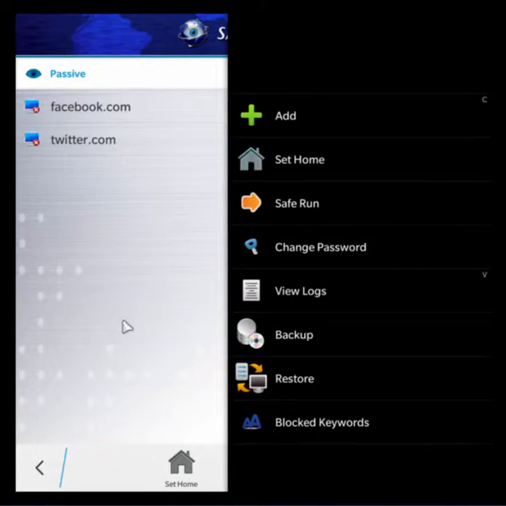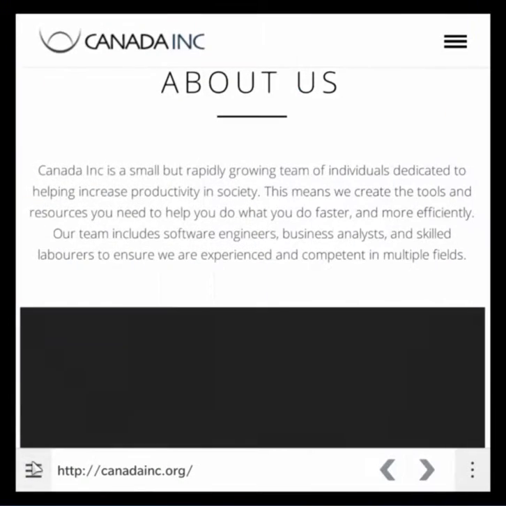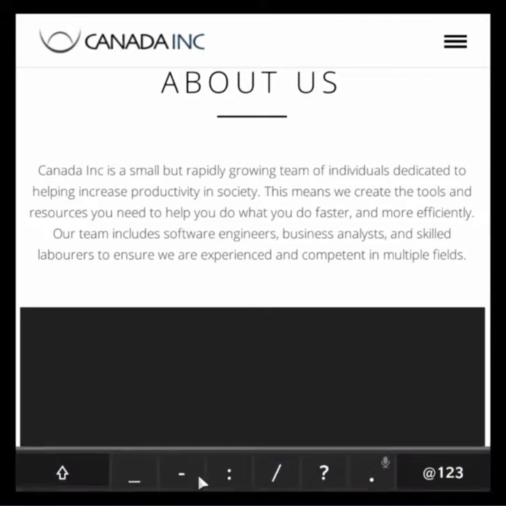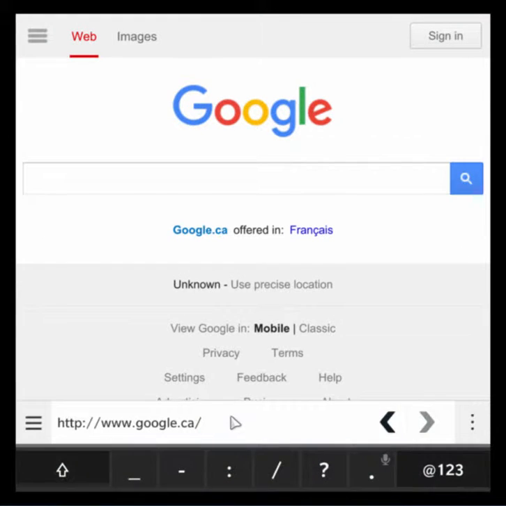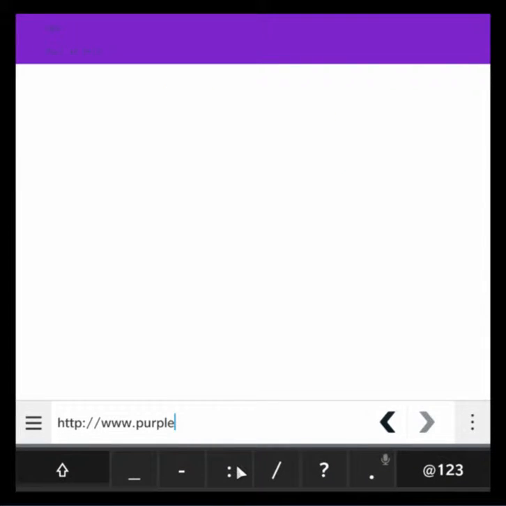Now here are additional options that you can use, but we're going to get back to this. We're just going to go back, and just to show you how everything works, you simply tap here at the bottom, and here you can use, let's say, google.ca, as you can see, and this shows you just like a normal standard browser. Purple.com, that should work. But now if we try to use twitter.com,